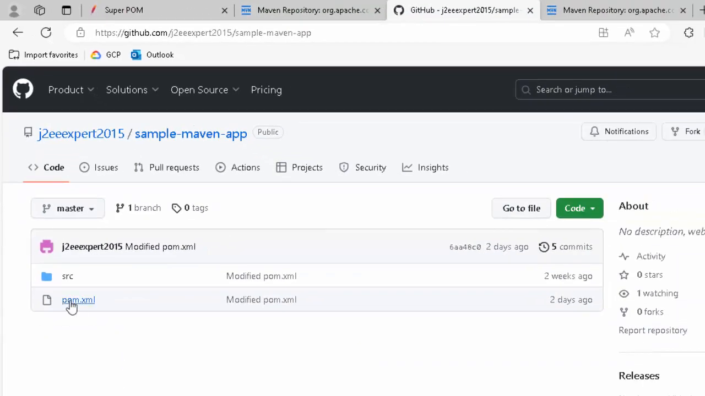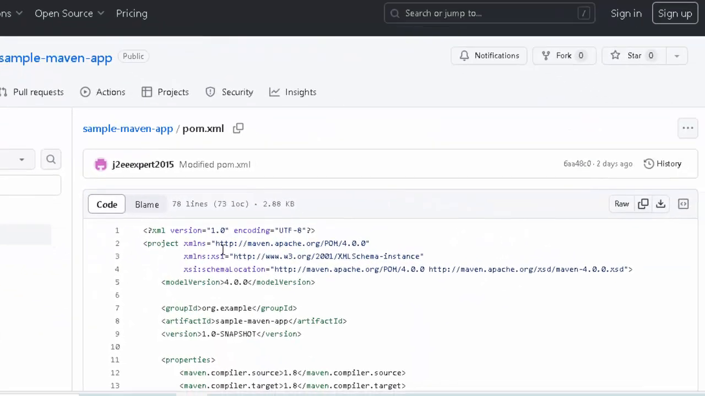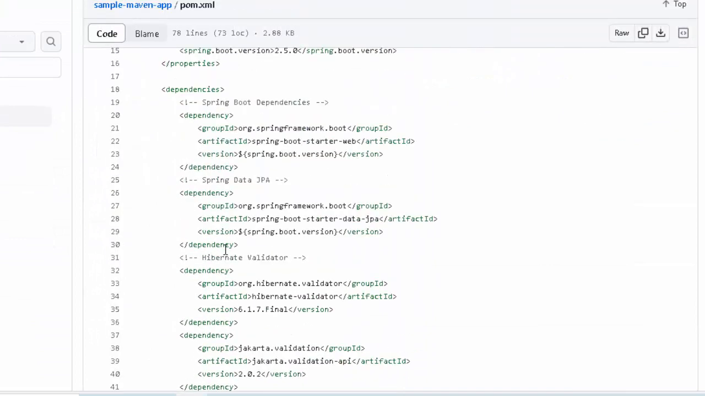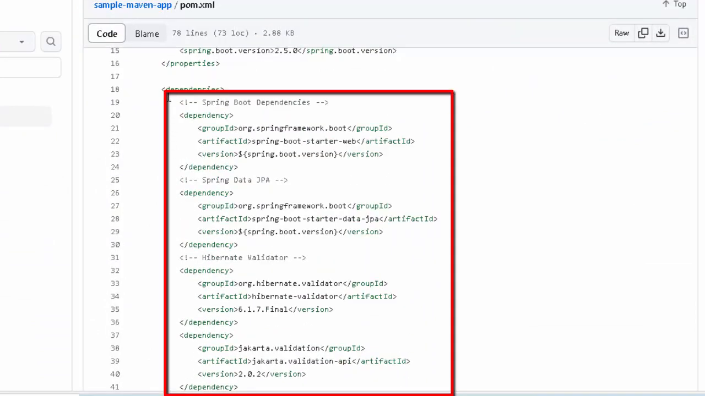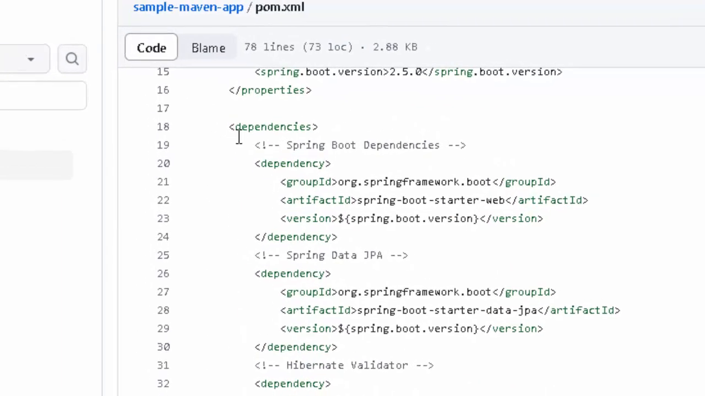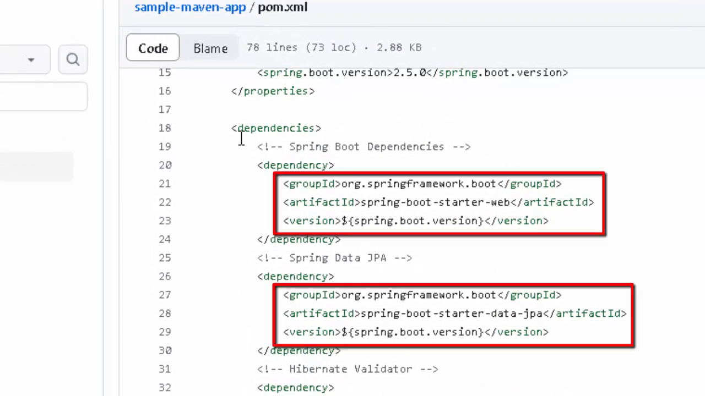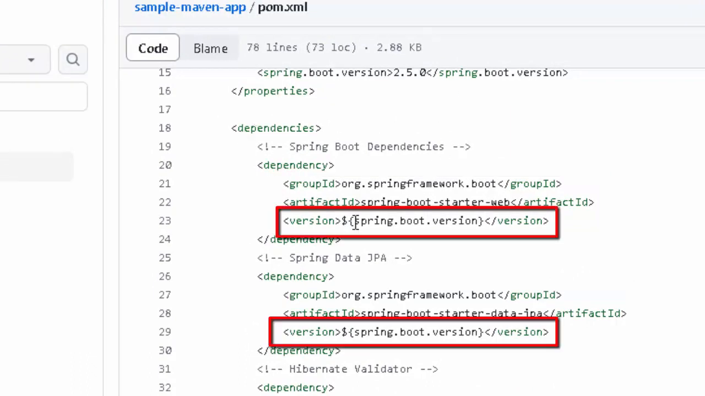If I go to this pom.xml, here if I scroll down, you can see there is a section called dependencies, and under that there are multiple dependencies defined. If you notice here, I have this group ID, artifact ID, version, etc. defined. Now this version, if you see inside dollar and then curly braces, this value is already defined